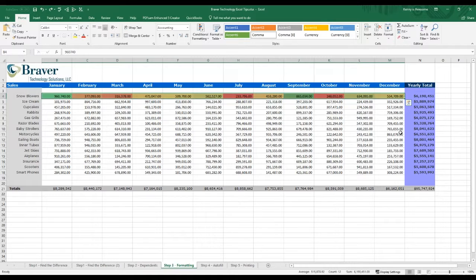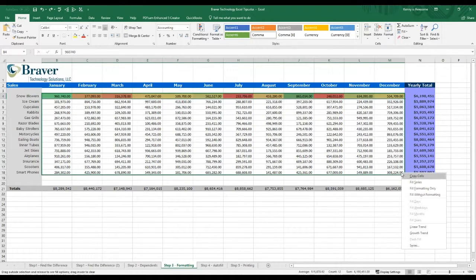So instead, what we're going to do is mouse over this little block right here until it turns into a plus sign like that. Then I'm going to use my right mouse button, not my left one, but my right one, and I'm going to drag this down. When I do that, I'm going to get this nice little menu. With this menu, I can now choose what I want to do. I can copy the cells, which I don't want to do. I can fill the series, which we'll get into in a little bit. I can fill it with formatting or fill it without formatting. In my case, I want to fill it with formatting only. And so what that will do